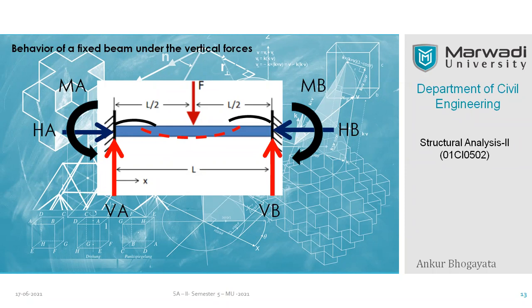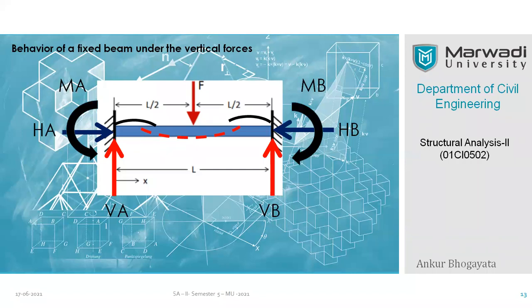Now, there is a concept of compatibility, right? Which you probably have come across. I'm not sure, but basically it deals with the structural integrity of the connections. So, in short, according to the concept of the compatibility equation, the net movement should be zero in the fixed beam at the supports, right?